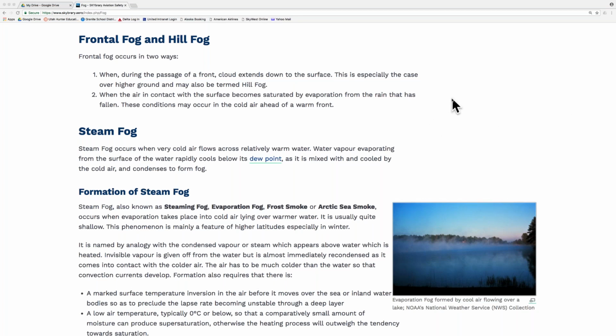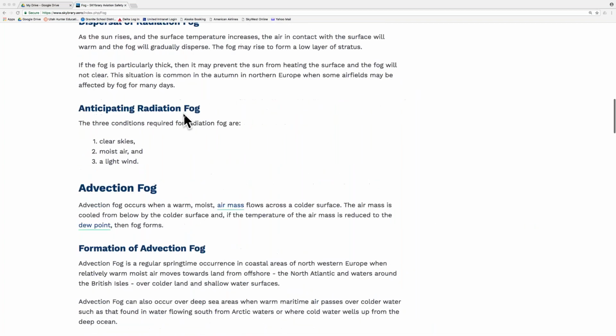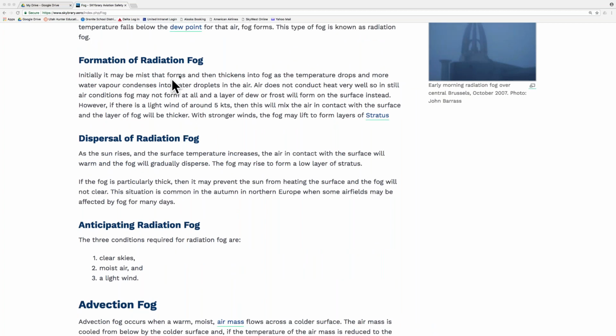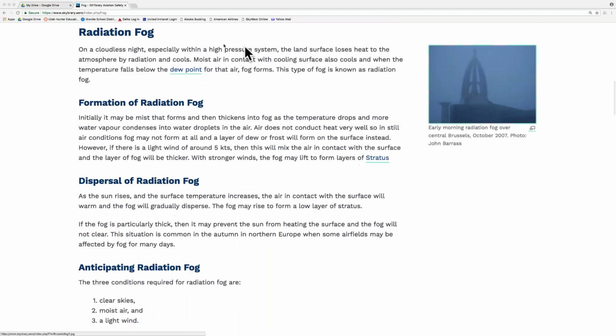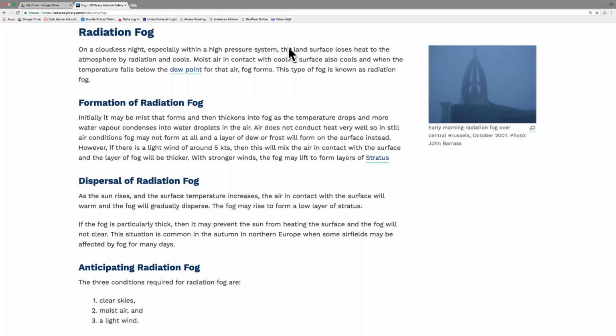My question was, what were the two differences again? I know that radiation fog was formed, but I don't know if it was formed with cold or warm wind again. So radiation fog, going back up here, is when, like it says here, the land is cool and the moist air comes in contact, cooling the surface further. I got that part, but I need the differences between radiation and the other fog.